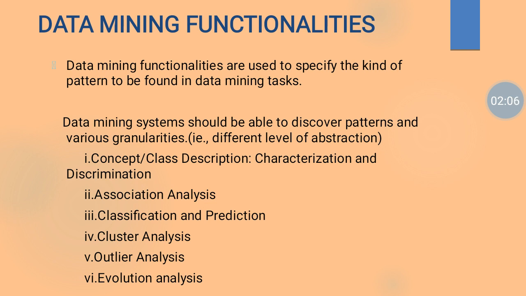Under data mining functionalities, we are going to discuss concept class description, which is done by characterization and discrimination. The second one is association analysis. Third is classification and prediction. Fourth is cluster analysis. Fifth is outlier analysis. Sixth is evolution analysis. Using these methodologies, data mining can be processed. Next we are going to see them one by one in detail. Next slide is